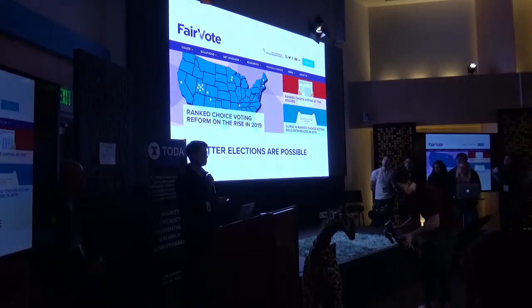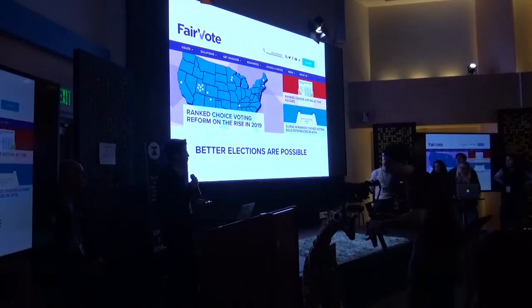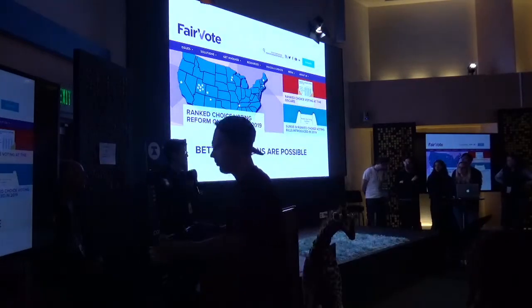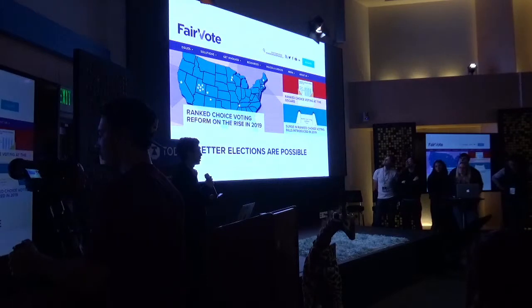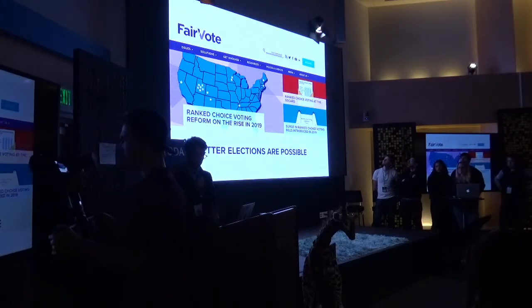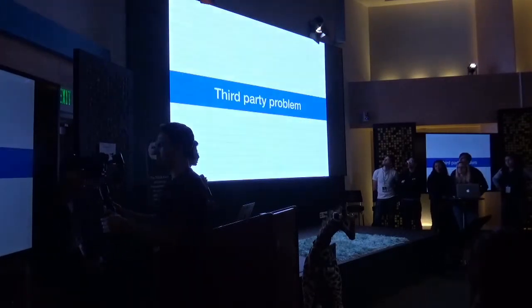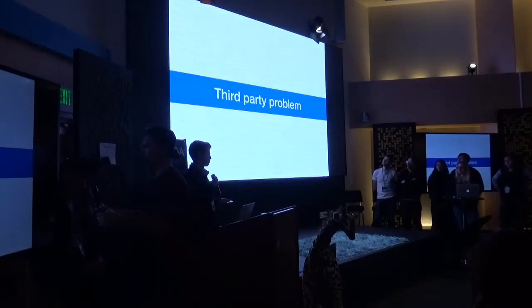And so what we wanted to do during this hackathon was to provide a software platform to make it very easy to run a fair election using ranked choice voting, but also to make it so that people could audit the results afterwards. So the reason that ranked choice voting is super important is the third-party problem, which you guys